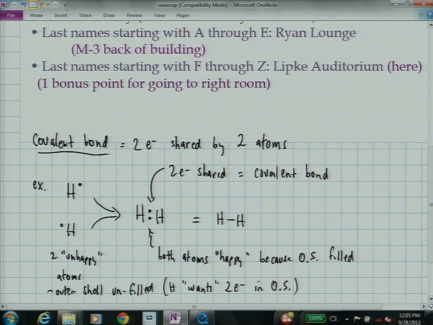So what I want to talk about in a second is how is it that that bond forms and how does it work? So let me